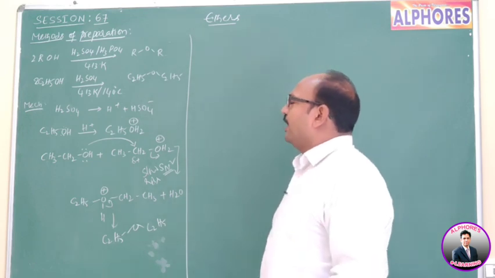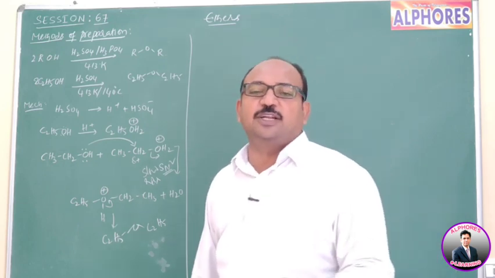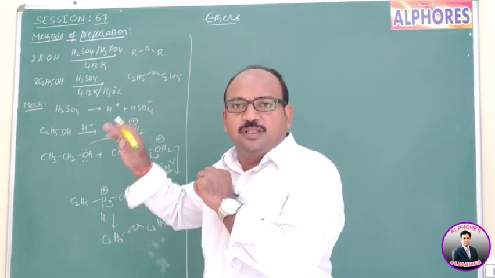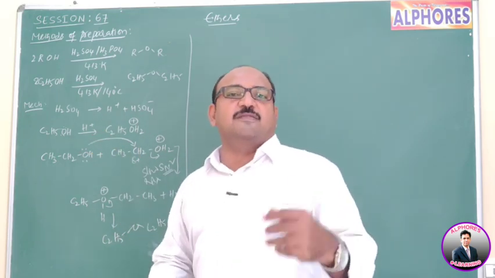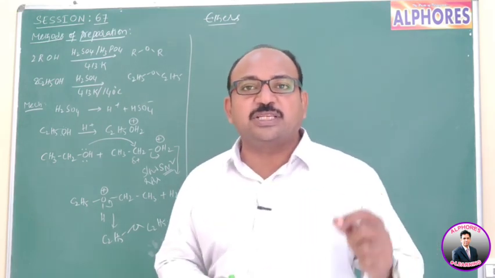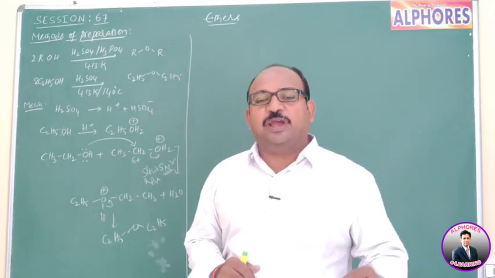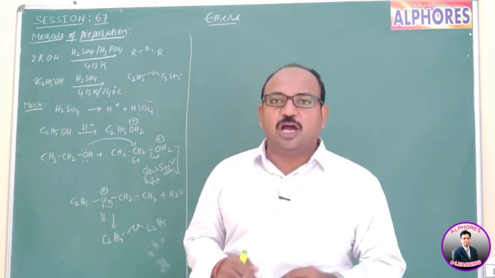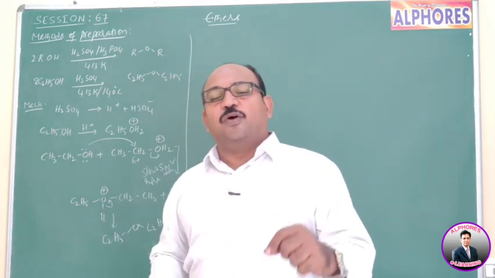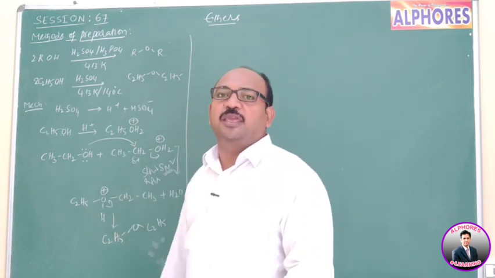If you observe here, the mechanism proceeds via SN2. So which type of alcohol prefers the SN2 mechanism? Basically only primary alcohols. In the case of secondary and tertiary alcohols, what happens? They are able to form stable carbocations, and whenever carbocation formation takes place, obviously we learned that rearrangements and ring expansions are possible, and via formation of carbocation you may get a mixture of products. But here you are not getting any mixture of products.